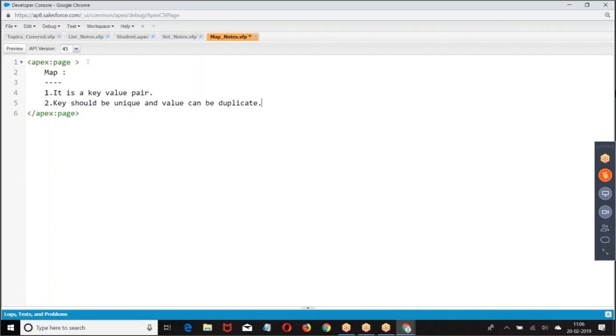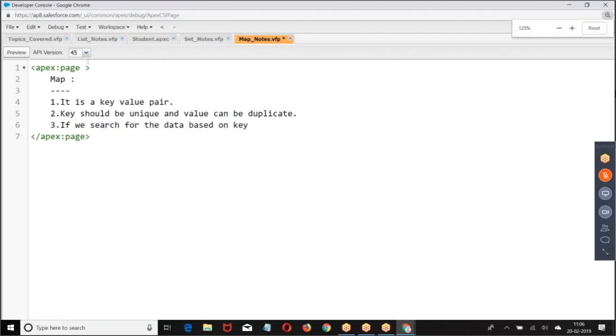Key should be unique, value can be duplicate. We will search for the data based on the key.